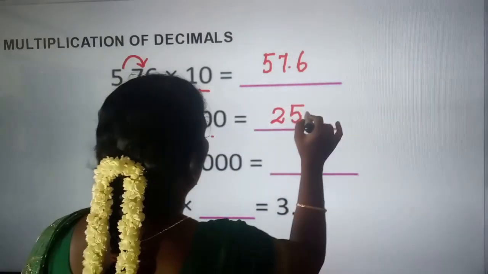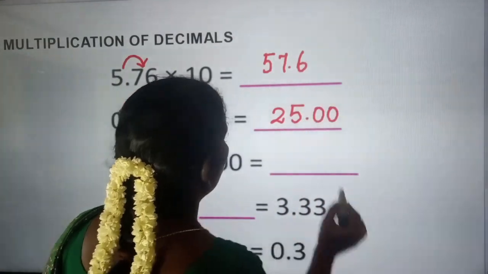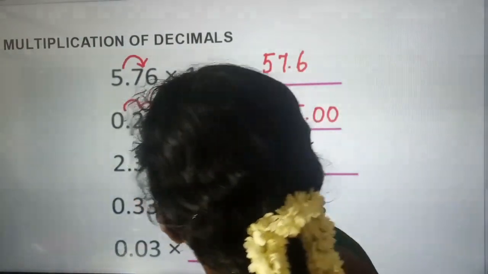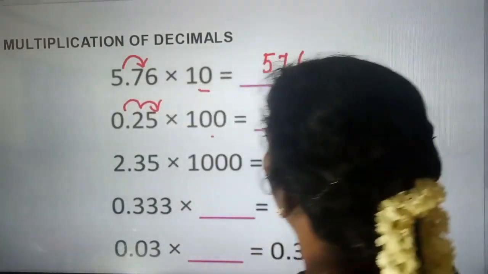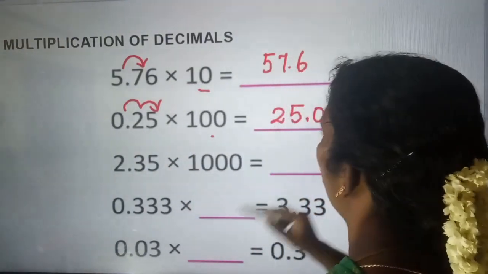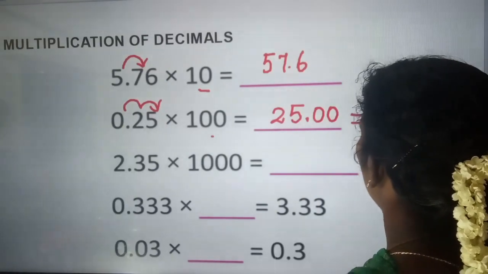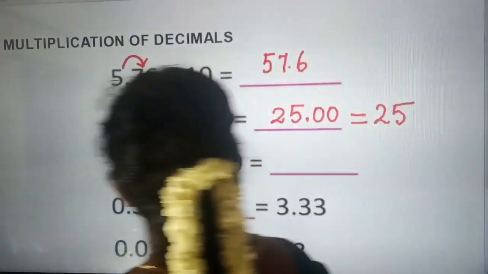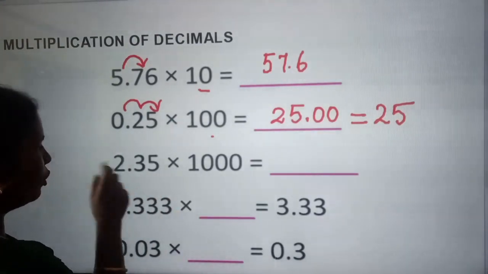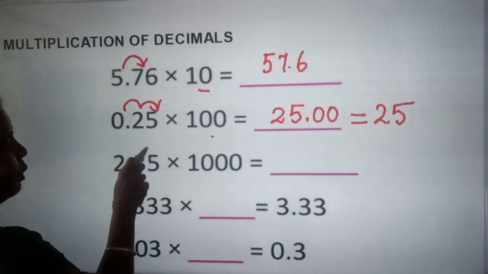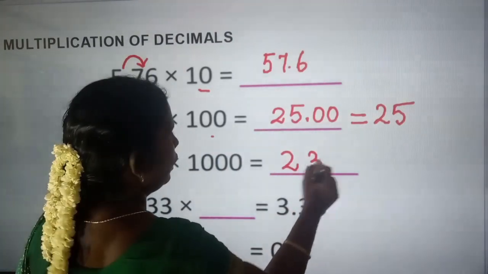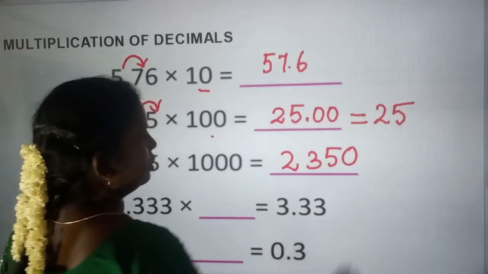Okay, இது நம்ம இன்னொரு கூட இப்படி சொல்லாம இப்படி வரும். நமக்கு மல்டிப்ளை பண்ணி போடும்போது 25.00. ஆனா மல்டிப்ளை பண்ணிட்டு நம்ம ஒரு நம்பருக்கு முன்னாடி பாயிண்ட் மீன் 2 numbers are here, so we will put the decimal point before 2 numbers. அப்ப நமக்கு என்ன 25.00 னா we can simply write as 25 here. That is what. So 2.35 into 1000. We are going to move this decimal point 3 places to the right side. That is 2, 3, 5, 0.